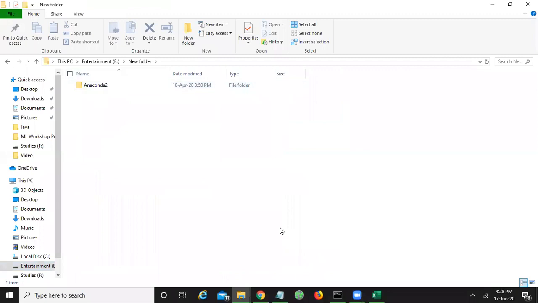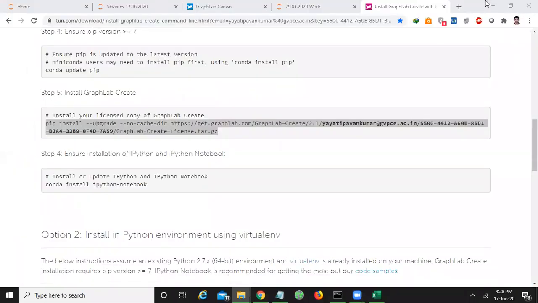So I have two Anacondas here, but in different drives. Okay. If you want, you can uninstall Python 3, no problem. But actually it is not required.